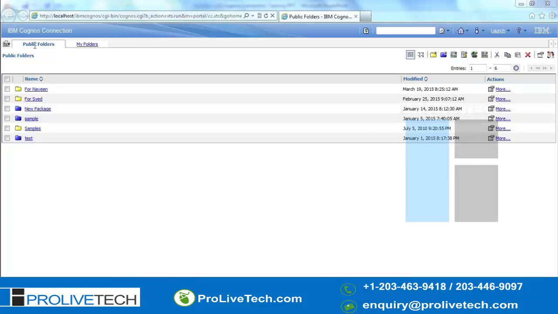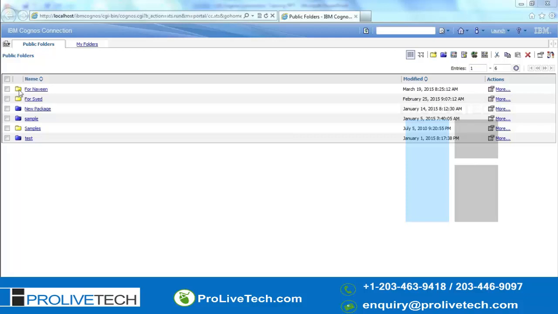As we have seen, public folders and my folders. In public folders, I have a few. If you see in yellow color, it's a folder. If you see in blue color, it is called a package, which has come from Framework Manager.